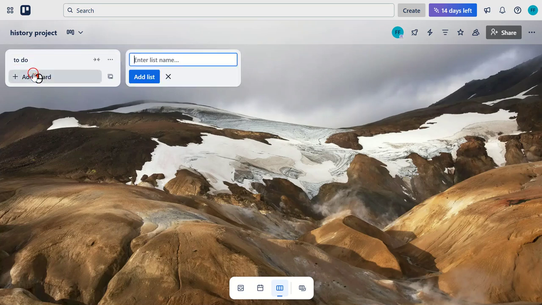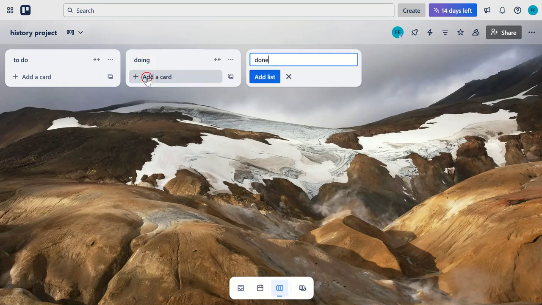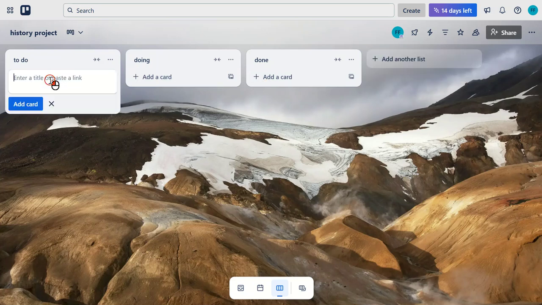Once you've created your lists, it's time to add cards. Cards are your tasks or assignments. Click on Add a Card under the appropriate list and give it a descriptive name. For example, Research on Topic or Complete Draft. Make sure to attach any relevant files or links too. The reason we do this is to break down our project into manageable tasks and keep everything we need in